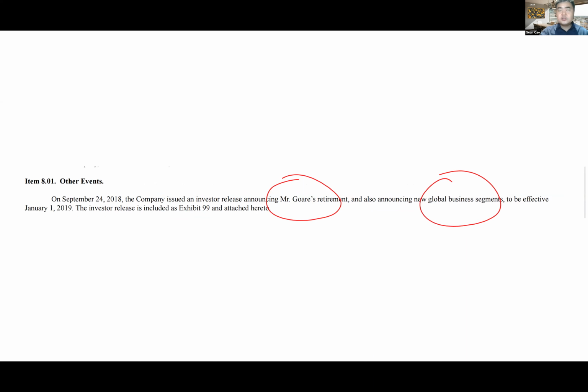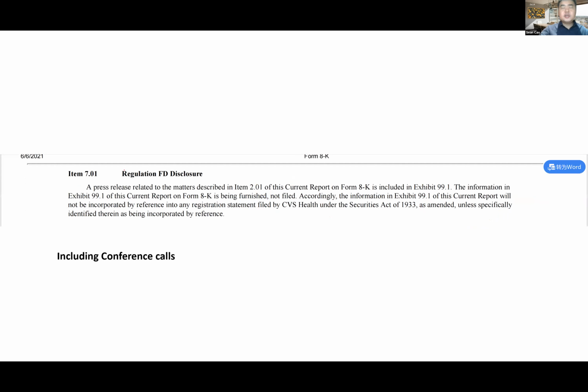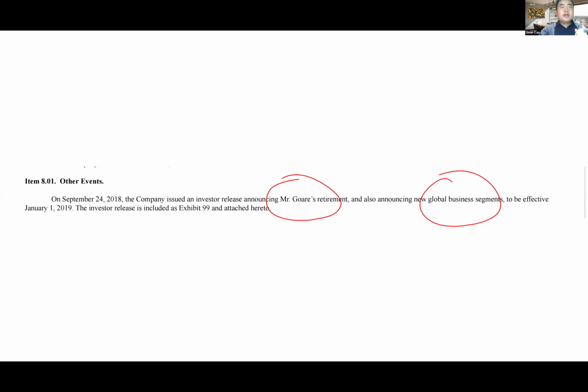You know what's interesting to me is that 7.01 and 8.01 have a lot of news there. There are a lot of news because a lot of news cannot be classified. The company has some material news, and some has a lot of news that cannot be classified in the previous categories. So actually item 7.01 and item 8.01 contain a huge variety of news that you can analyze. You can do data analytics. You can help investors. You can help managers.